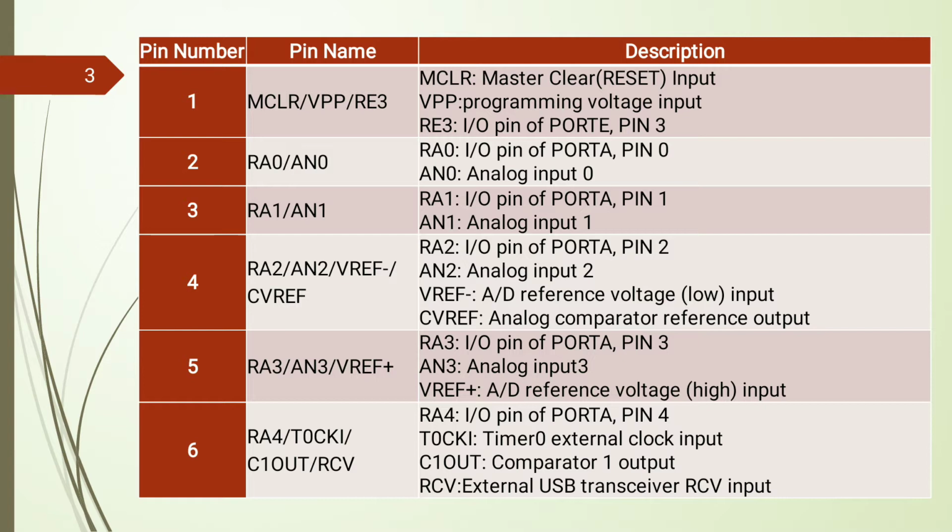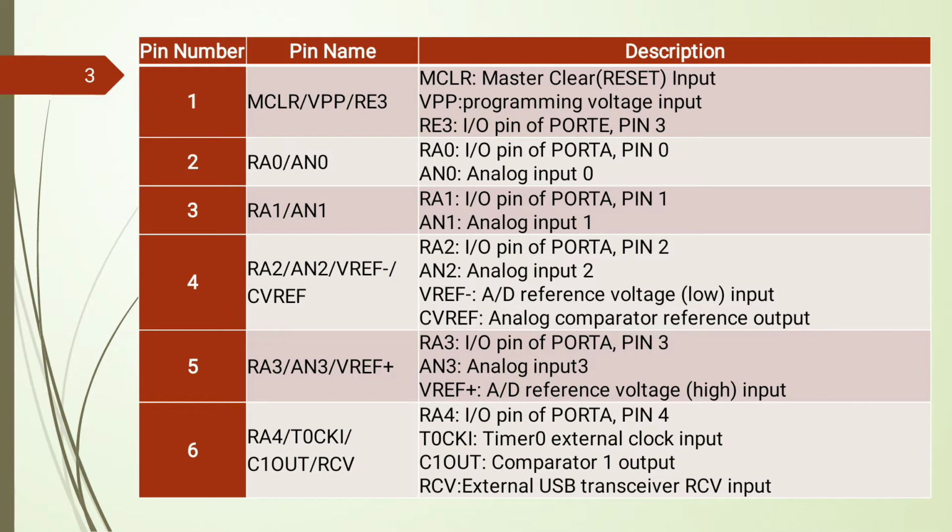In some series of the PIC 18F microcontroller, there is some enhancement in the IO ports. As we discussed, the number of IO pins available in PIC 16F is 33, but here the number of IO pins available in the PIC 18F higher series is 35. So two pins are increased, and these are with respect to port A and port E. In port A and port E, one pin is increased.